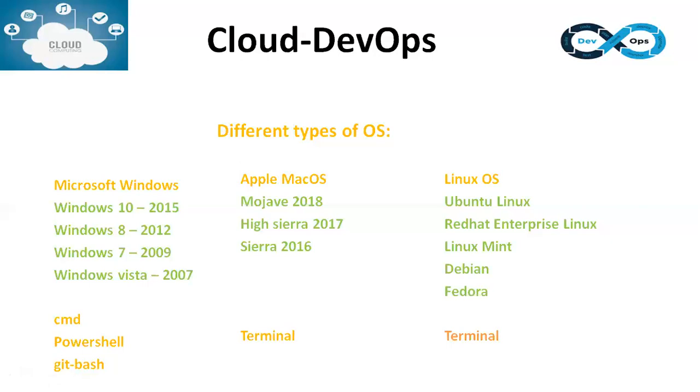systems. And Linux operating system has multiple flavors. You might have heard about Linux and Unix as well. Linux is nothing but Unix only. I can say it's a copy or clone of some of the components from Unix. So both are almost the same. And you can see in the list here, there are a couple of options I have mentioned. One is Ubuntu Linux, Red Hat, Linux Mint, Debian, Fedora. These are the different flavors of Linux.